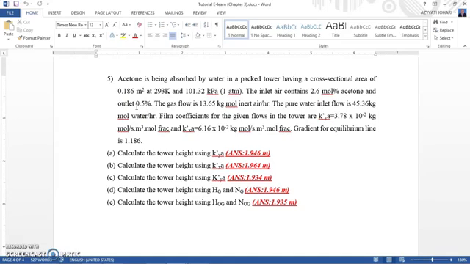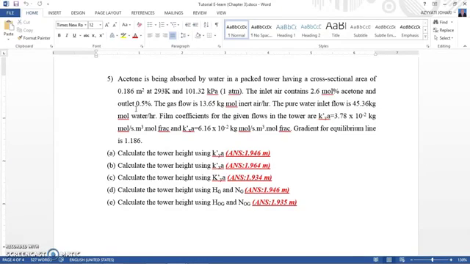The inlet air contains 2.6 mol percent acetone and outlet 0.5%. The gas flow is 13.65 kgmol inlet air per hour. The pure water inlet flow is 45.36 kgmol water per hour. And film coefficient for the given flow in the tower are